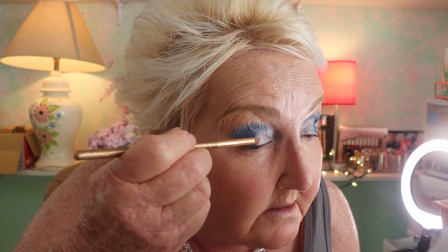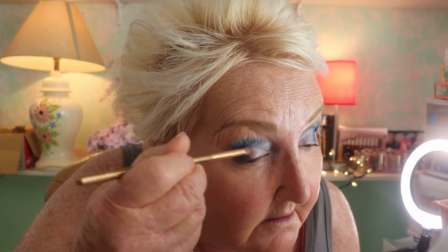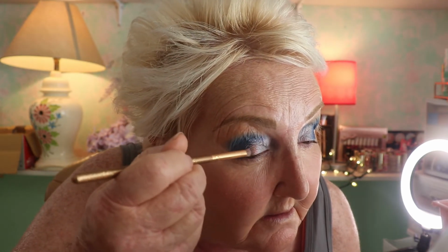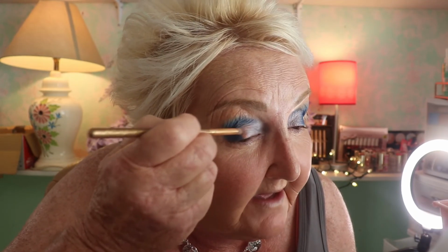Now a color to blend the two, I'm thinking would be the pink. It's not a big deep pink, it's kind of a light pink. Let's see how it looks right there. I'm not sure. Let's try it, huh? I think it was a good choice, huh? It's blending it without...